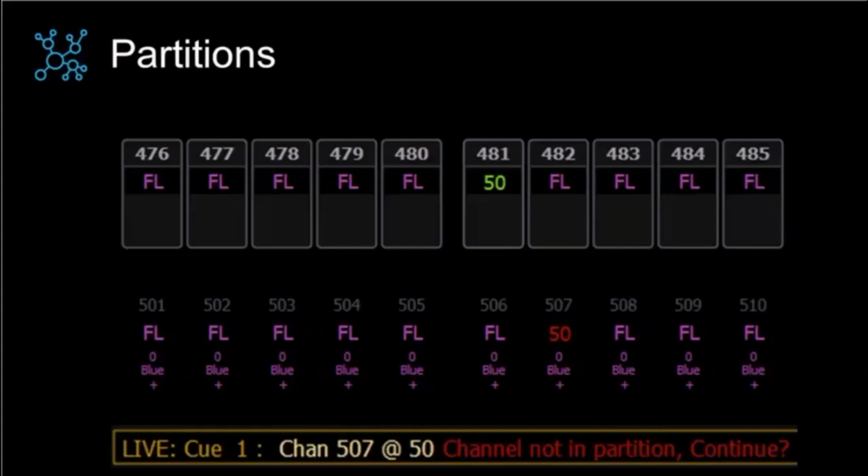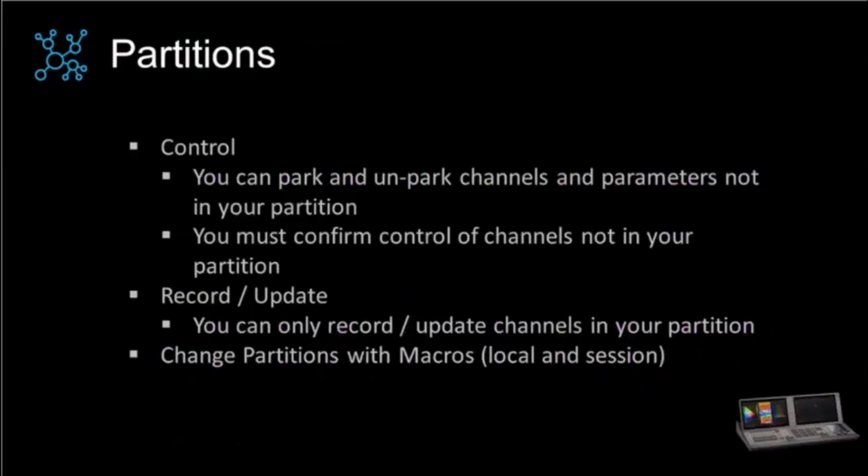Again, if my conventional programmer has walked away on break and I'm at the desk doing notes and someone falls on stage and management calls for it to be on, I need to be able to get those lights on, right? What's good about that is that I can control those fixtures. I can go in and bring them on manually, but I can't store them. So in my partition, if I hit record Q5, everything that's outside of my partition is going to stay manual,